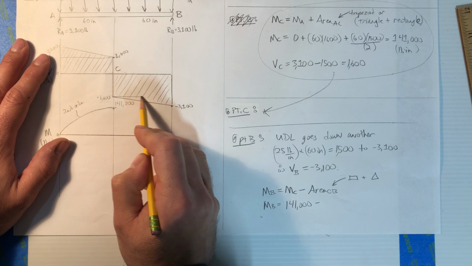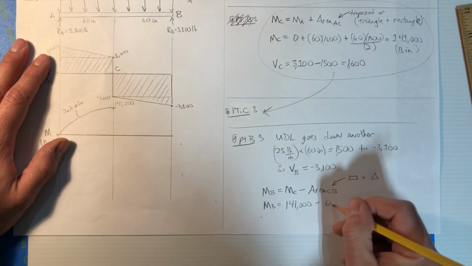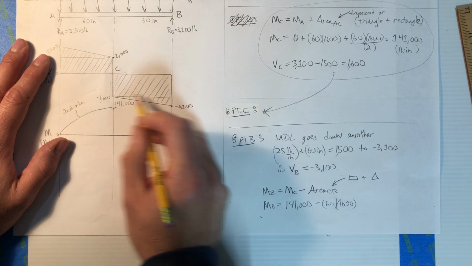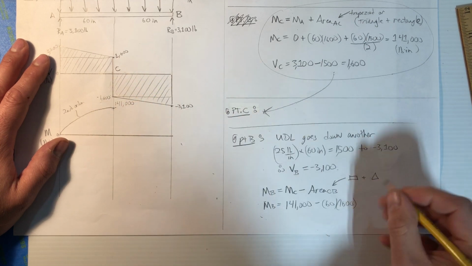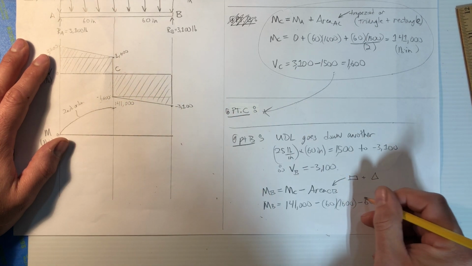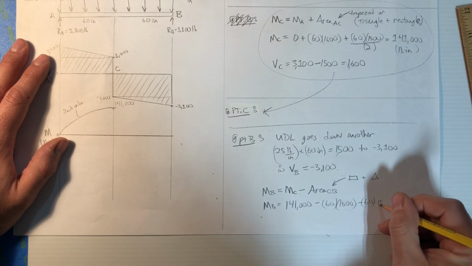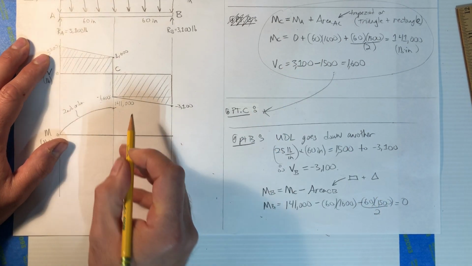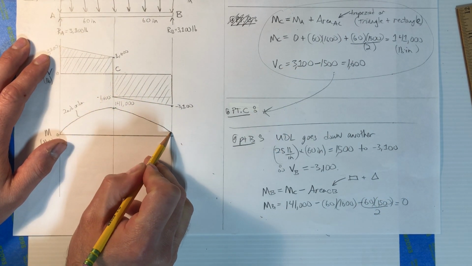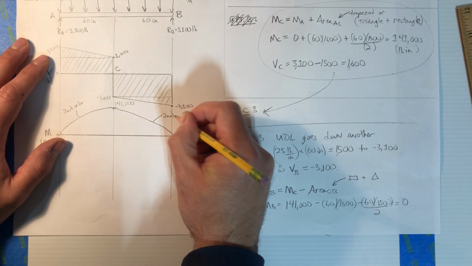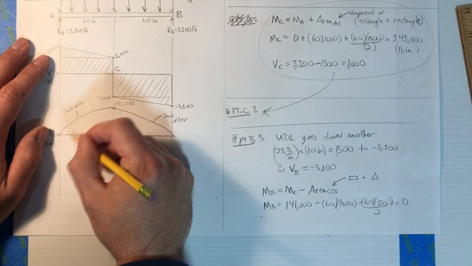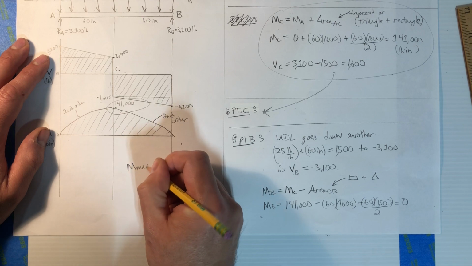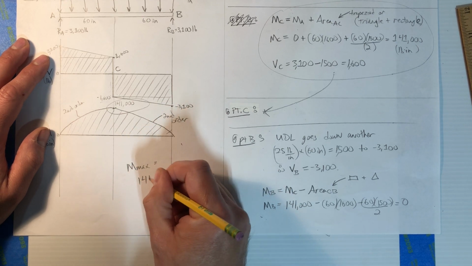Let's say the rectangle, the base is 60. The height is 1600. The triangle, the base is 60. The height is 1500. And that's divided by 2. We're going to find that that's equal to 0. So, no kidding, this has to close up parabolically to there. So this is also going to be second order. That's my moment diagram for this problem. Where's my peak? Right there. So my M max is equal to 141,000